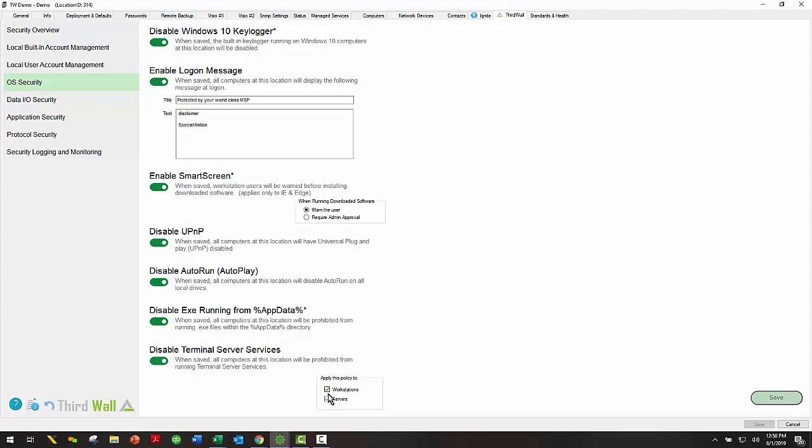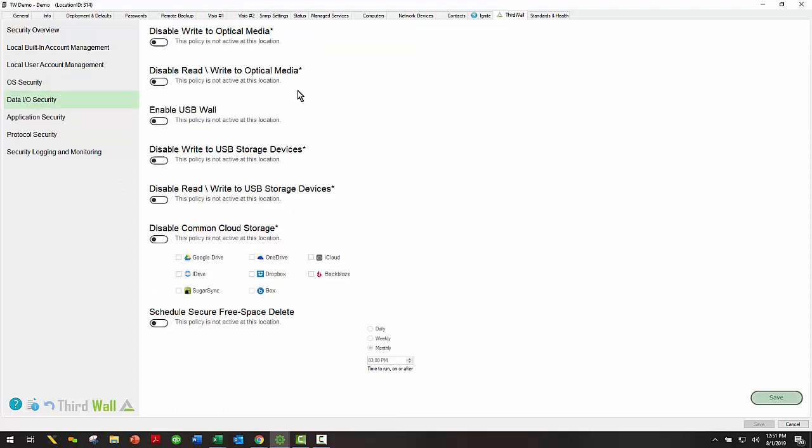You can apply this to workstations, servers, or both, or neither, but obviously if you're using RDP actively in a location, you probably don't want to turn it off. But if you aren't, please turn it off. That's what we help you do. Lock down, make it more secure. Move on to the next subtab, Data I/O Security. This is all about